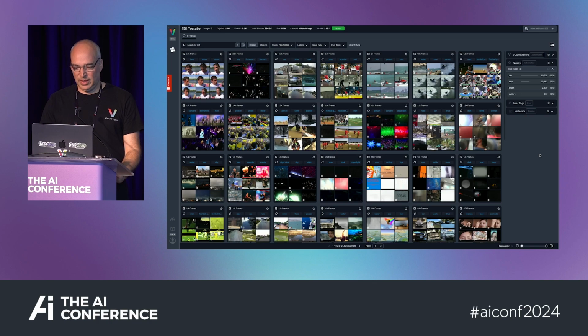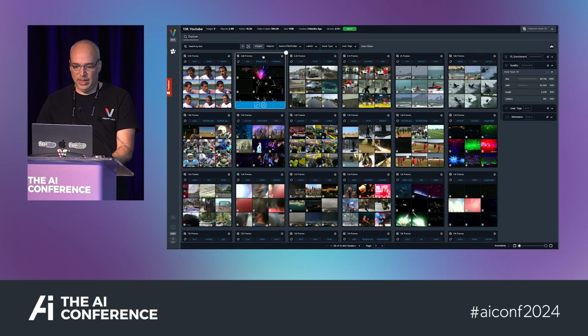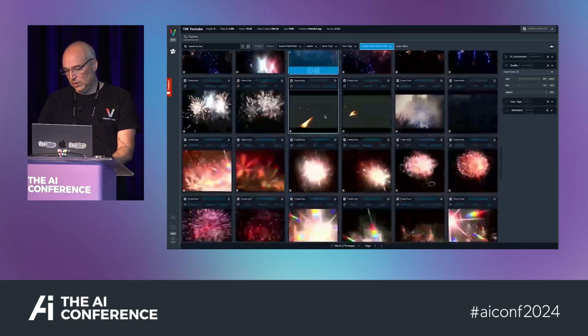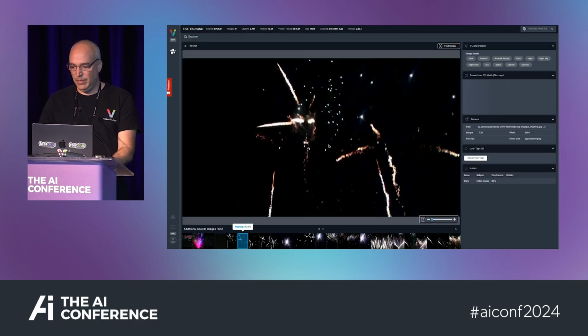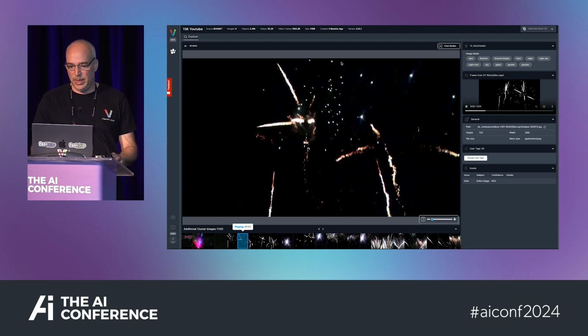So we do unsupervised clustering for the data. And for example, we have a cluster of fireworks. And specifically, an analyst can look at different types of fireworks, and when there is a firework of interest, they can go to the specific frame, and then if the internet is working, we will pull the video. And the video is coming from the specific second where this firework happened.